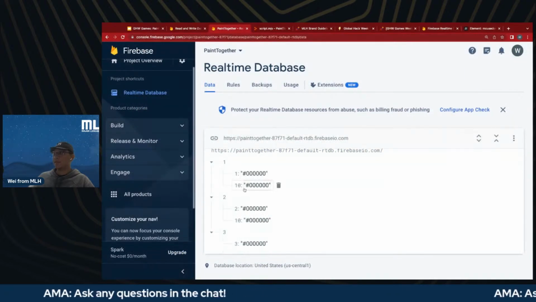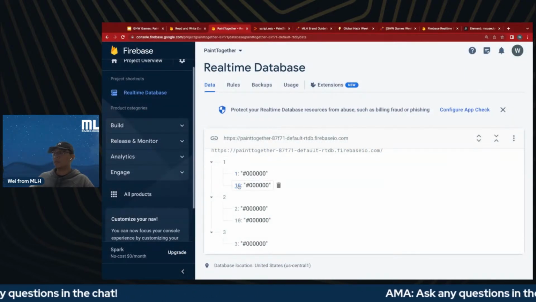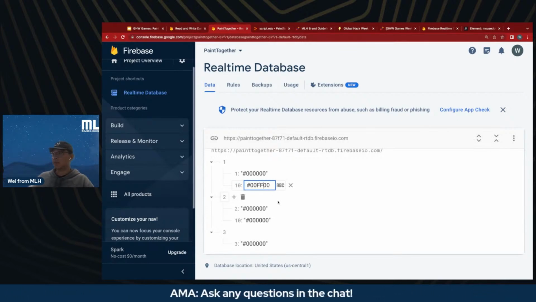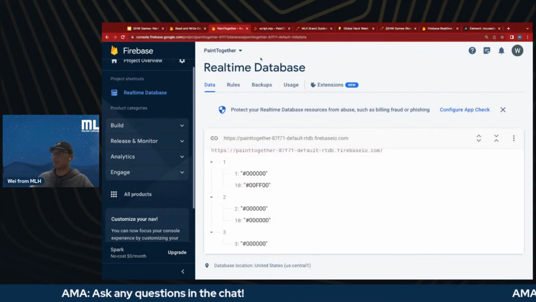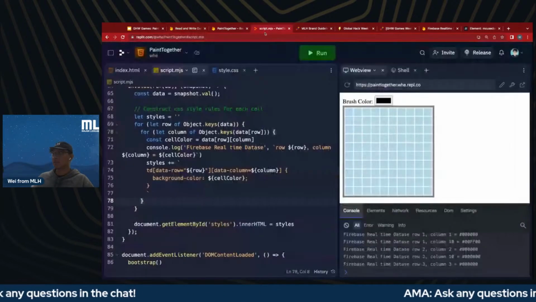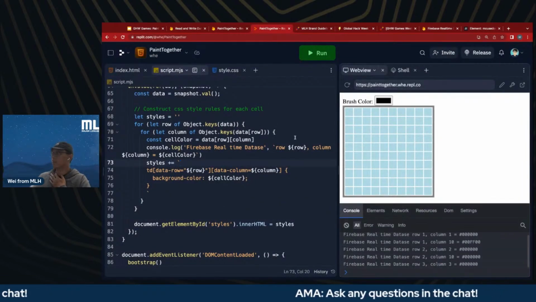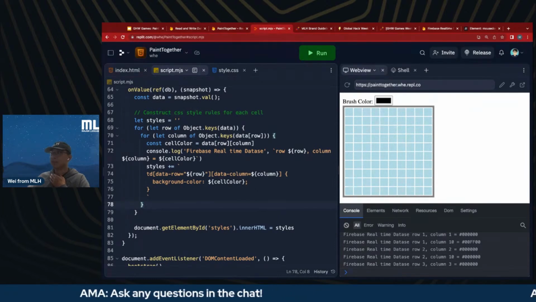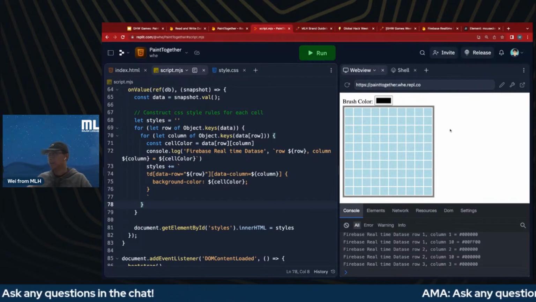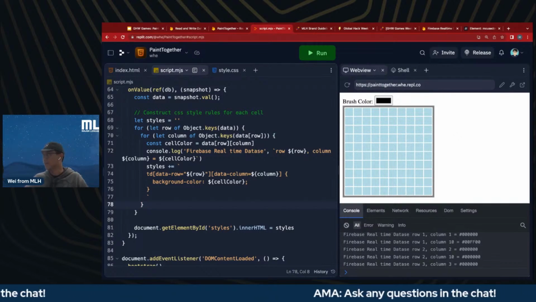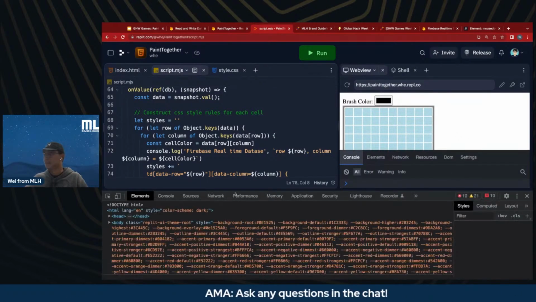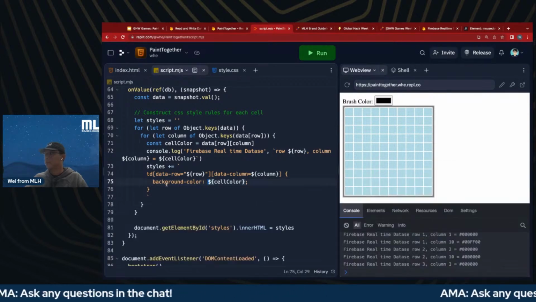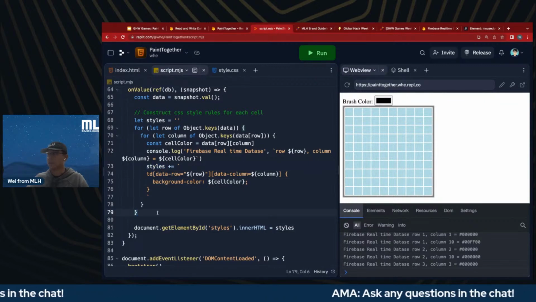my row 1, column 10 is going to be, oh, it's black. Okay, let me change it back to green. Did someone change it for me? All right, let's save it, and it's going to be green. Okay, it didn't work. That's a bummer. So let's take a look at why it didn't work. Live debugging is the best, right? So let's print out styles actually and take a look at what